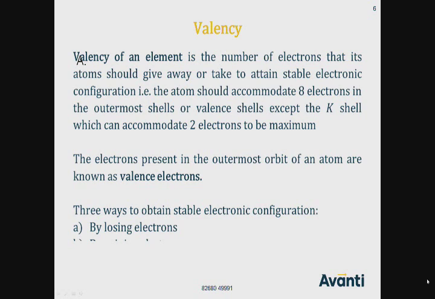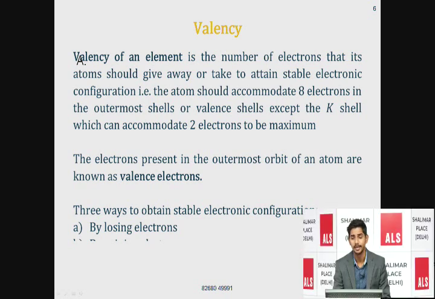Okay, so the valency of an element is the number of electrons. See, I have already told you about valency. It is nothing but the electrons present in the outermost shell, which are responsible for bond formation. Now, see, it is the number of electrons that its atom should give or take to attain a stable electronic configuration. That is, the atom should accommodate 8 electrons. This is known as the octet rule. It means this is the rule, the octet rule,